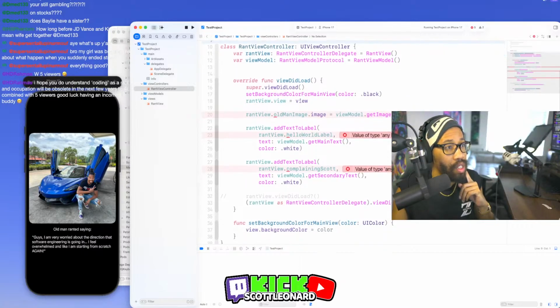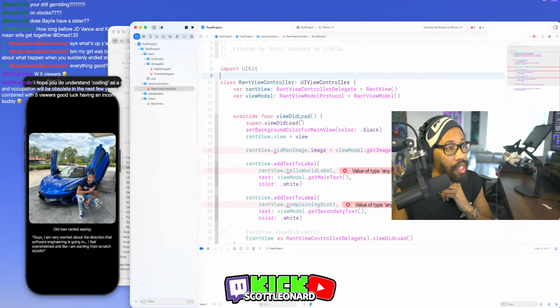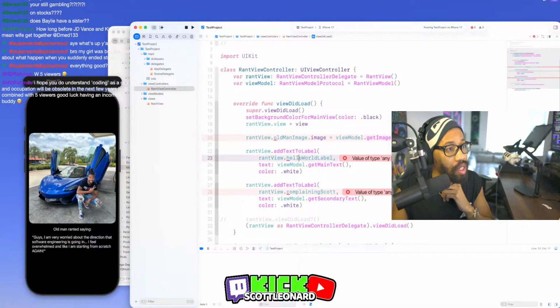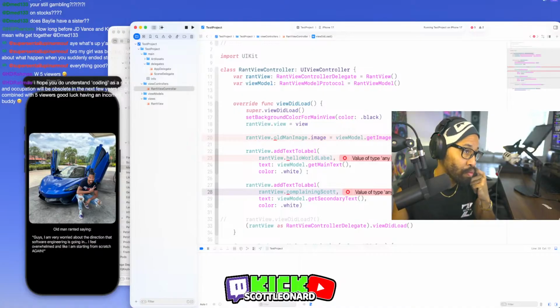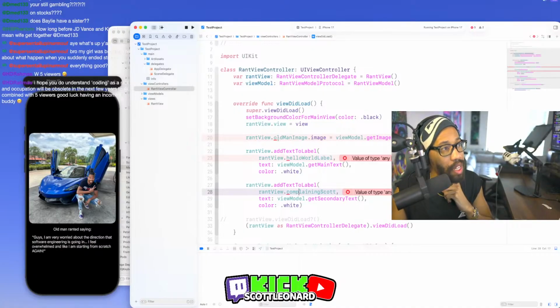Okay. So now we're not able to access the image, the hello world, and the complaining Scott. Now I could change this. And we're going to have to change these names too, because I want this to be a generic view. We're going to change this so that we have a table view and we can rotate through all of them, and we can have different images and different text for each thing. So these names have to be changed as well. But for now, we'll just